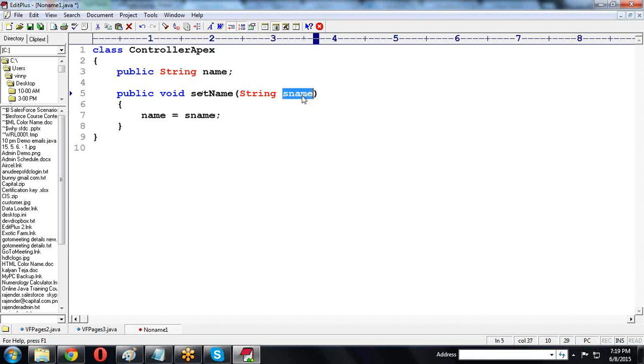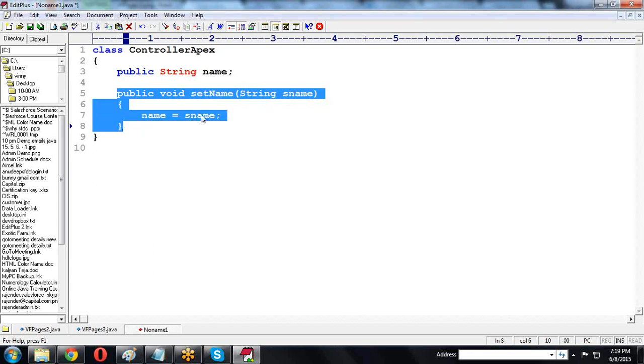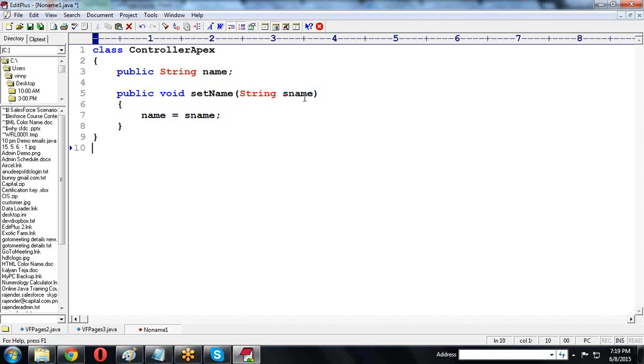So that means whatever value I am passing in the setter method, we are assigning to the name variable. Whenever we are writing code, the first priority is local. The code checks in the local method first. If the name is not available, then it checks in the global level. First priority is local. If it is not available in the local, then the name is stored at the global level. Now the name value we are storing into the global name.